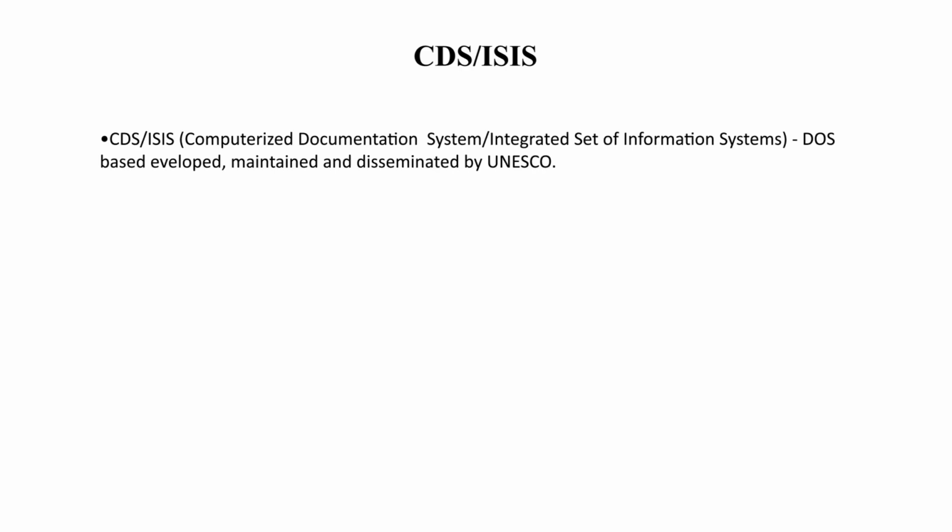Basically, CDSIS is a well-known DOS-based software. It is used for generalized information storage and retrieval. This software was developed and maintained by UNESCO. It is specifically meant for the structure of